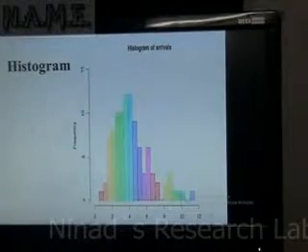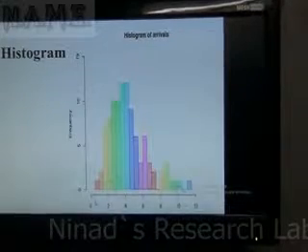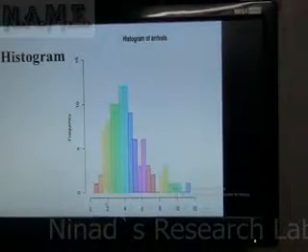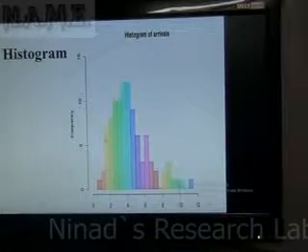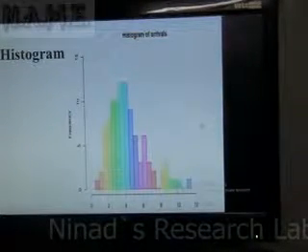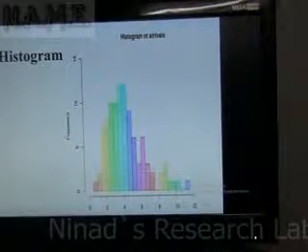What is a histogram? I was talking about histogram for a long time. Basically you have different pixel levels or any levels and the number of times that level occurs. This plot is called a histogram, and the histogram could be of different themes. Here we can see a histogram of arrivals.